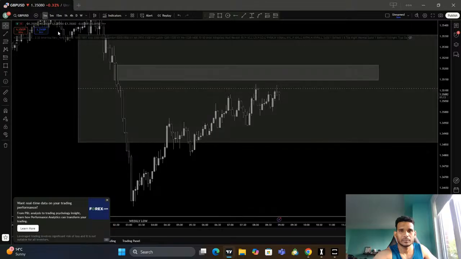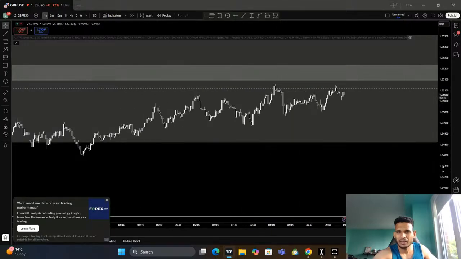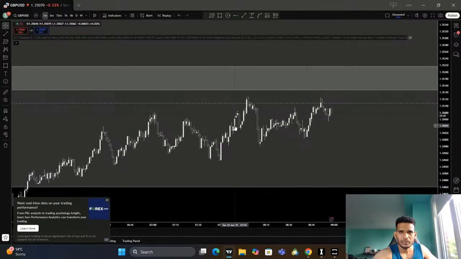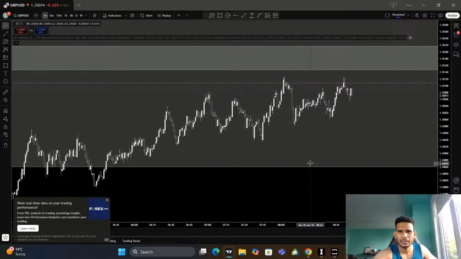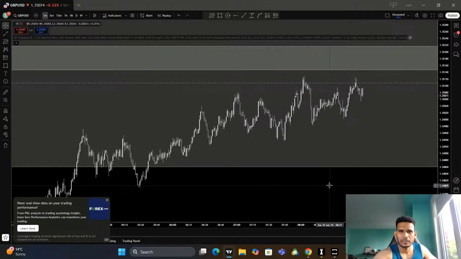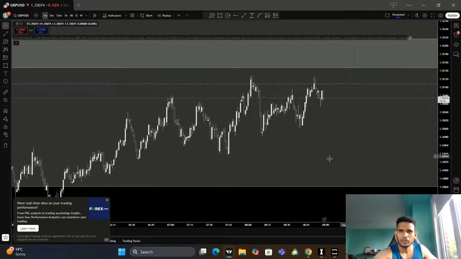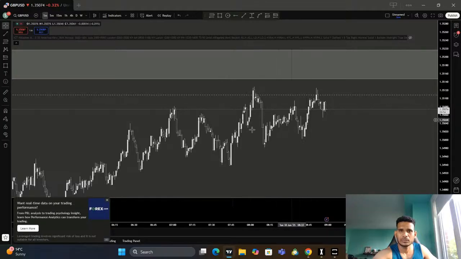It's clearly got flipped. The liquidity has been taken. Big displacement structure shift. I entered my position here. Put the stop loss at the high. Everything has been planned. Targeting this low. Everything has been so good. But the point is, price is not ready yet to show my price action. It's just a manipulation move.